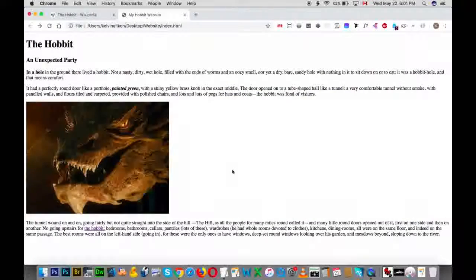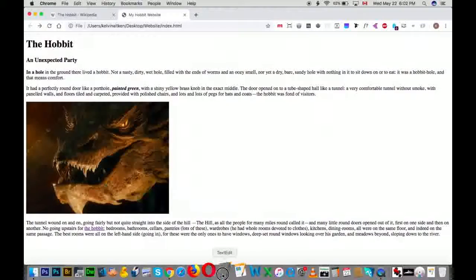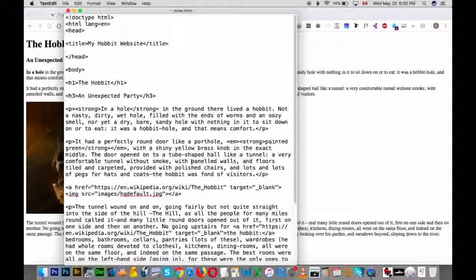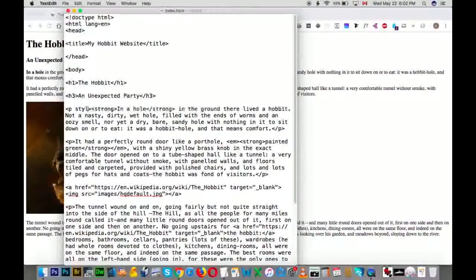So that's pretty much it. The only thing left is that the whole website looks pretty ugly. It's all shunted over to the left. There's no colors, no positioning of items. Everything spreads all the way across the page except for the image, and it doesn't have much of a style. And we're actually going to deal with that in the next video, but just to give you a heads up, what that means is that we put in a style like this,